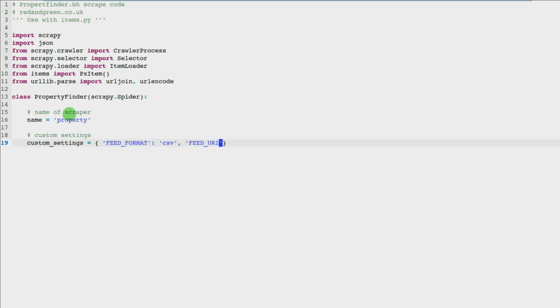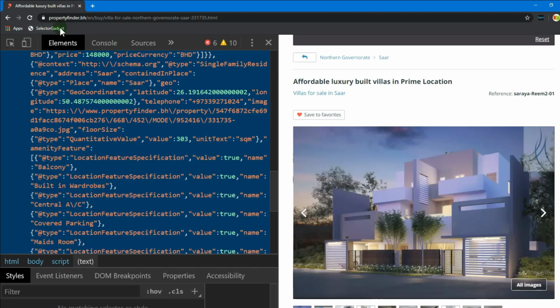Feed underscore URI. That's the path of the output file, and I'm going to call it property found dot CSV. Okay, headers, which I've already collected, just to save boring you. Actually, I will show you because it's quite important. So in headers, we will need to go to,